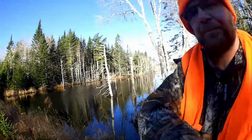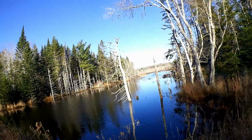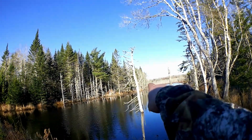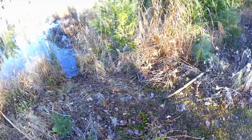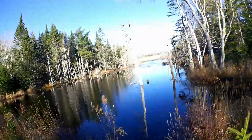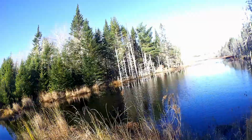So went down to my property. Just getting off my four-wheeler now, taking a look at some sites here. So we got a little pond here, and I don't know, right back there's a big beaver lodge. And I'm looking here, there's a trail right there running up through, and then you come down here. Looks like something's been going in and out of the water over there,